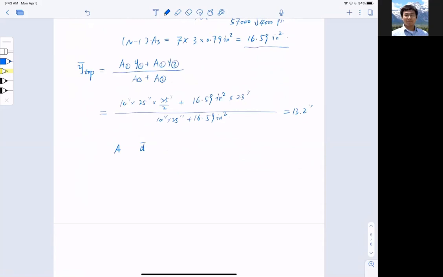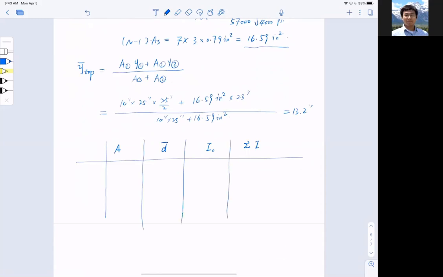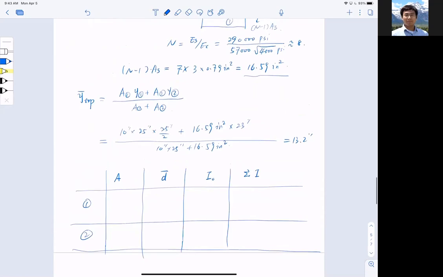Then I put them separately a little bit away from each other, and then I have I naught and sigma I. Use that table. And then again, let's put them here. So this is 1, this is 2. Very easy. Now A1 is what? This, so 250 inches squared. And A2 is 16.59 inch squared, which is (n minus 1) As. Distance d bar for 1,